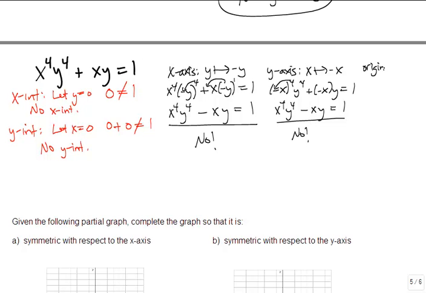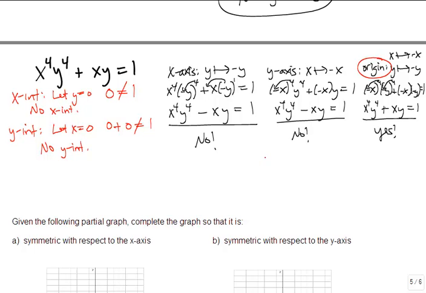Finally, for origin, we replace both with minuses. So negative x to the fourth and negative y to the fourth plus negative x and negative y equals 1. Now both of these negatives, since they're being raised to an even power, go away. So this will become x to the fourth, y to the fourth positive. Over here, these negatives would stay, but we have two of them. A negative times a negative becomes positive. So we get plus xy equals 1, which is good news because that means it does give us back the original. So that means we do have origin symmetry,